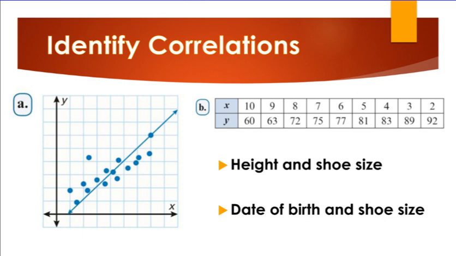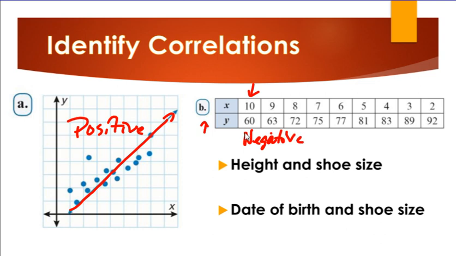So let's identify these. Letter A, this one it's going up from left to right. So this is a positive correlation. This one, my x's are going down, but my y's are going up. So they're going in opposite directions. So if they're going in opposite directions, we would say this has a negative